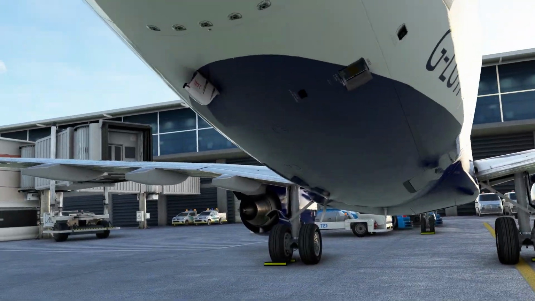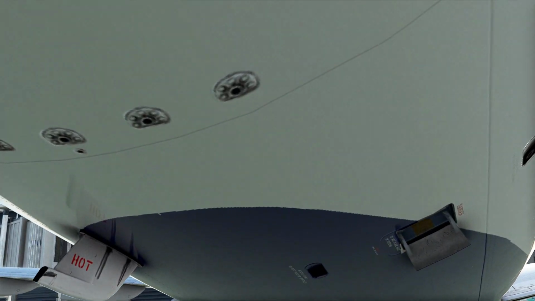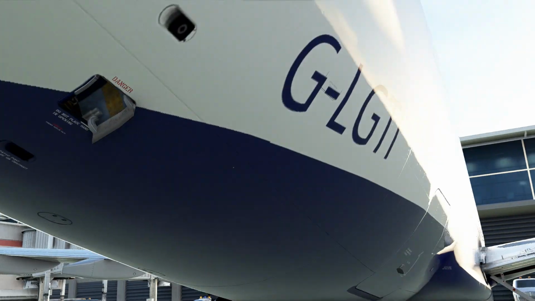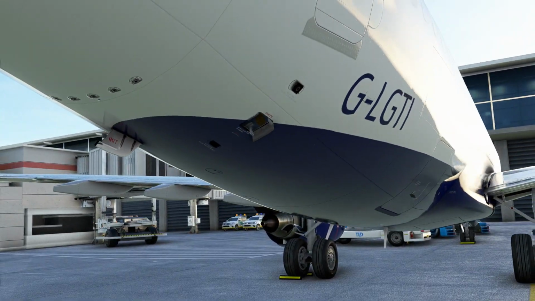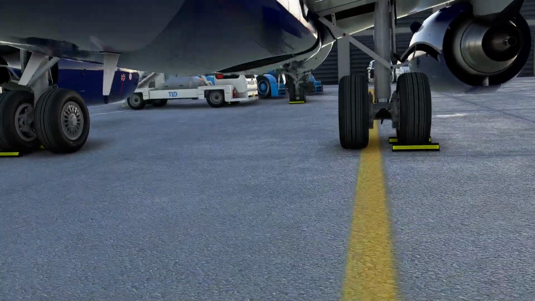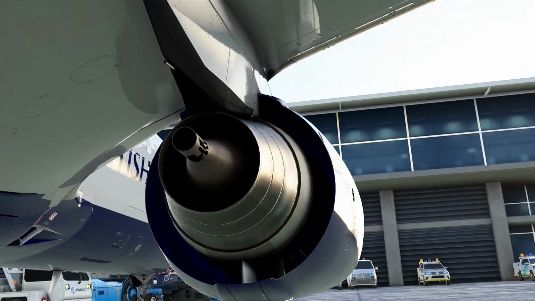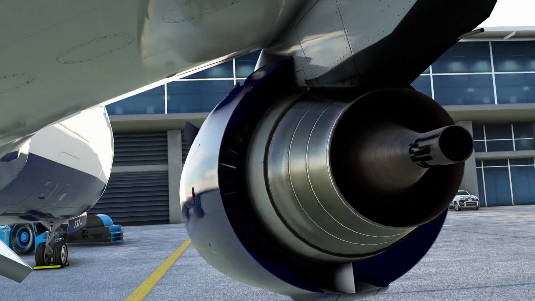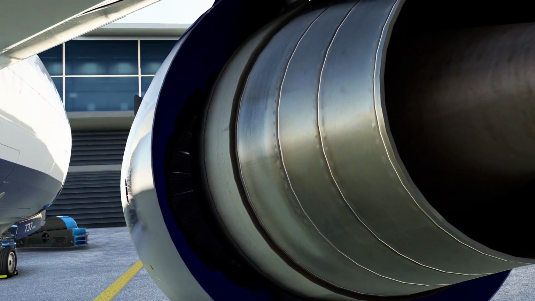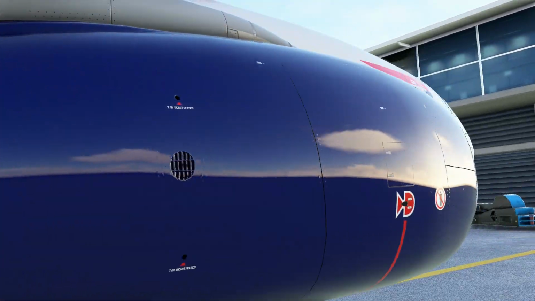Even these little bits here, see, they've even put the effort in to do things like this and ensure that it's properly covered. Again, they just need to sort out their landing gear door, or the internals of it, I suppose. The bay, even the engine looks pretty good. I mean, the thing is,